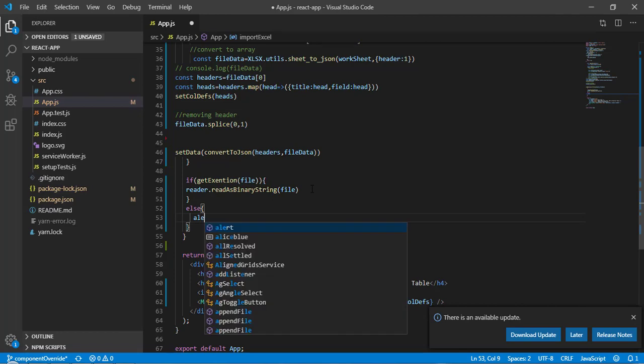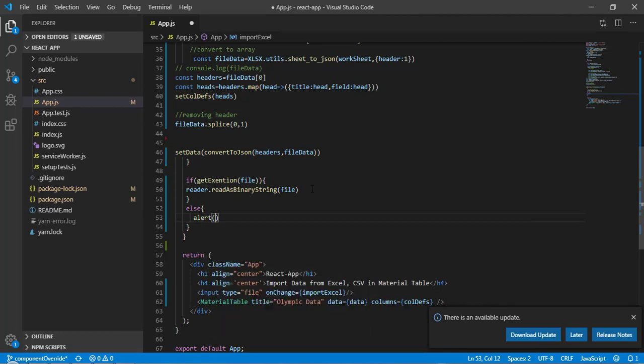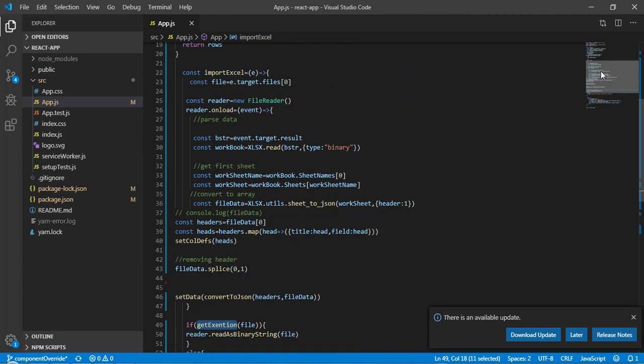It will show this message at the top: invalid file input, select Excel or CSV file. Now this function getExtension doesn't exist, so let's create this function at the top.